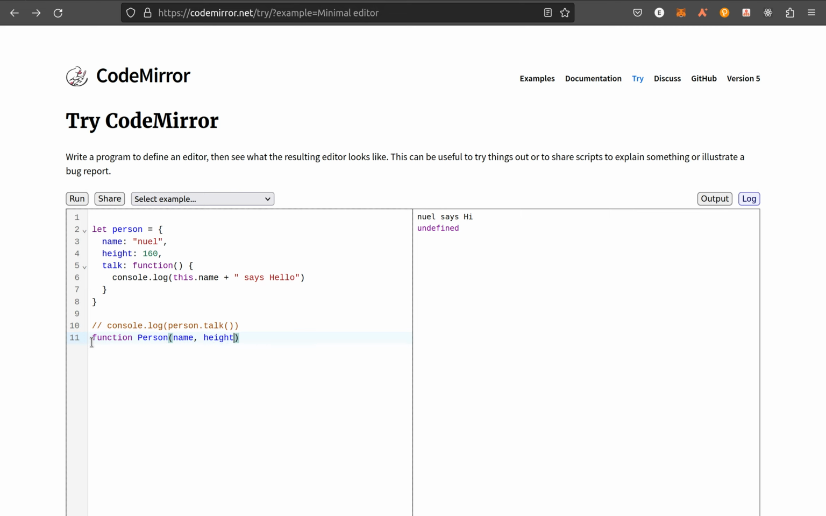Let's say name and then height. And inside this function, we can assign the name to this.name, and the height to this.height, something like this, right? So now we have our constructor in place. So how do we use it to create an object? So we just say let me use